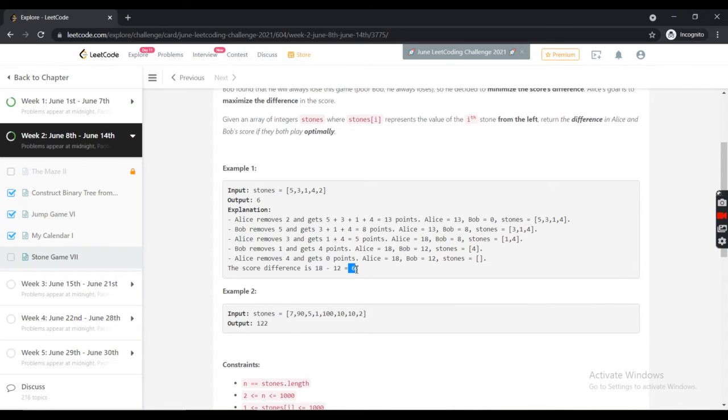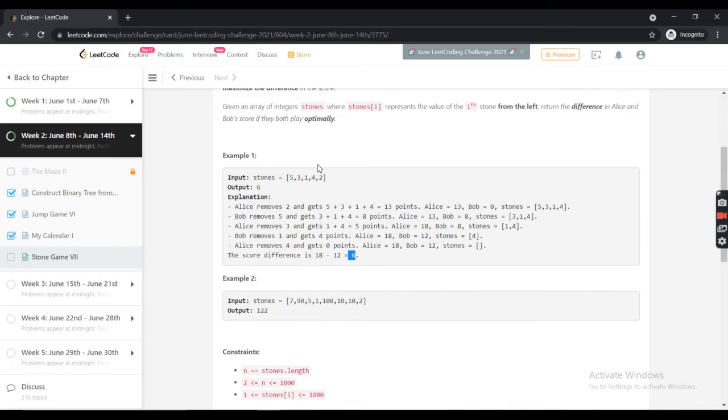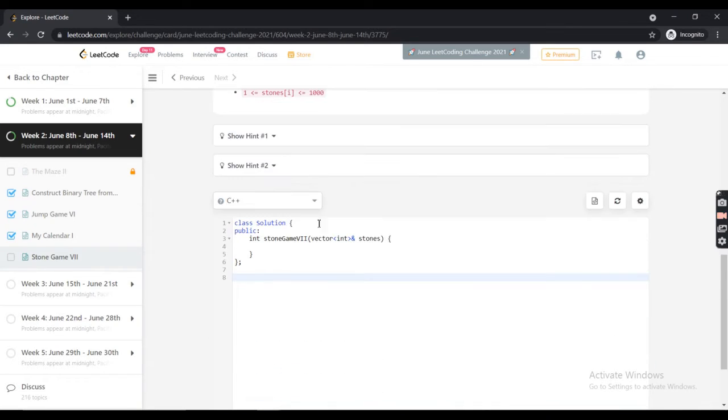So let's understand this a bit deeper. Let's say we have this array. I will mark some index positions to understand it better. Let's say i is the starting position, and j is our ending position.